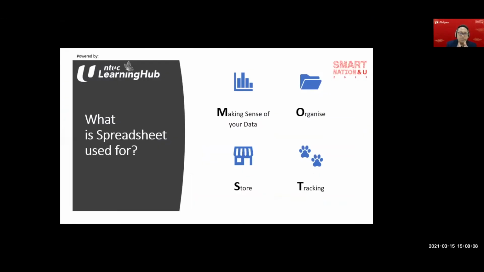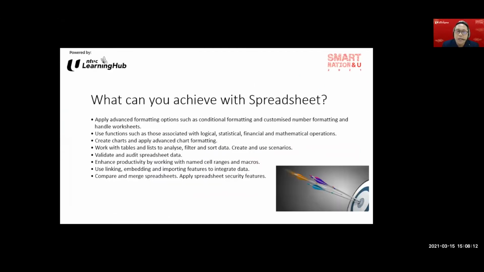So in response to what you have shared with me, spreadsheet can be used to achieve all, if not most, of the information listed on my PowerPoint slide.